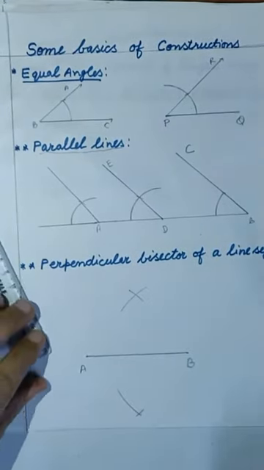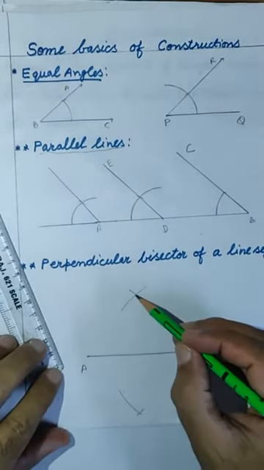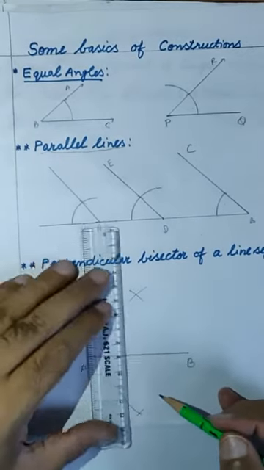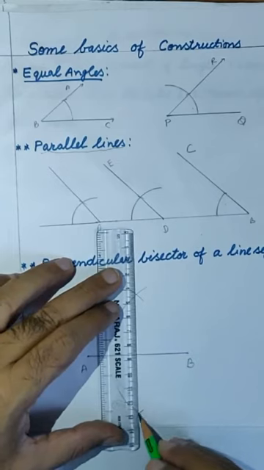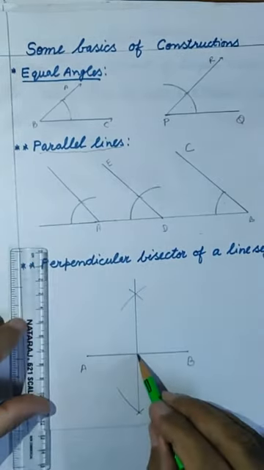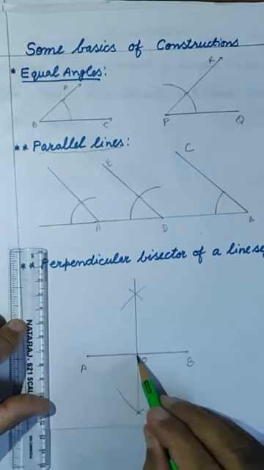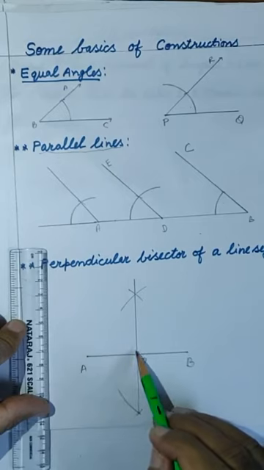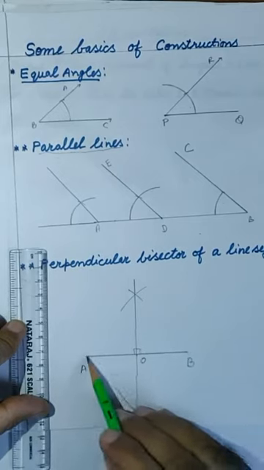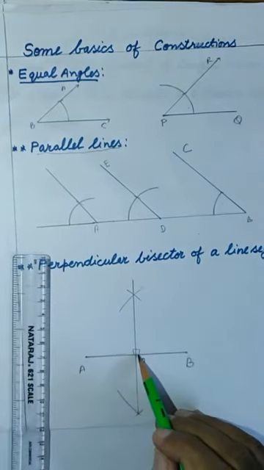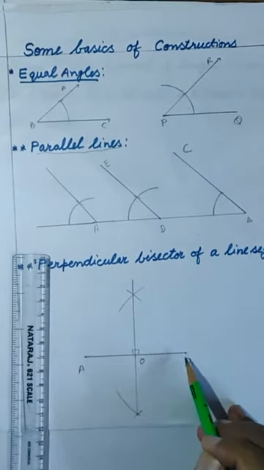Then you join these two points where the two arcs are intersecting, and this is the perpendicular bisector. If we take it as O, this is the perpendicular bisector of AB, which means it is perpendicular and also a bisector. Bisector means this part AO is equal to OB. I think you are able to